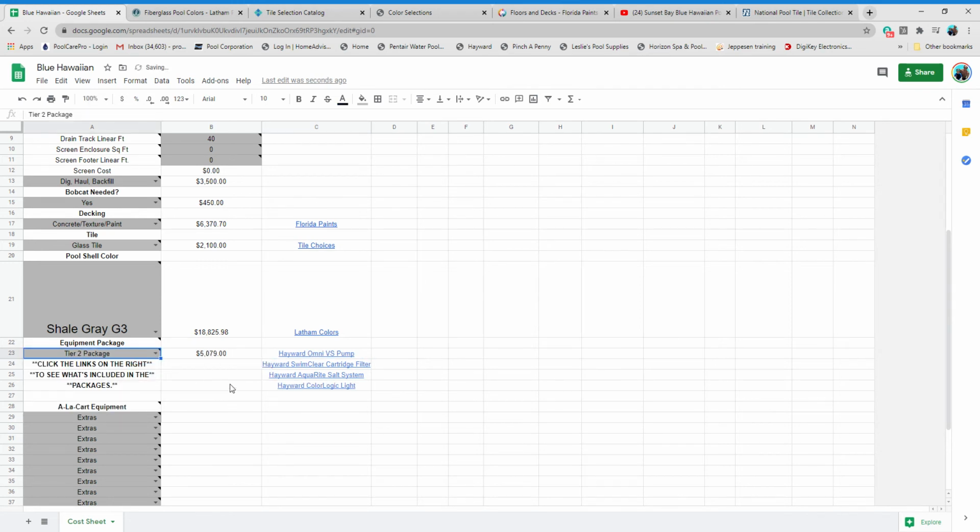This is our Tier 2 package. This has an Omni VS pump. And the Omni VS pump is a variable speed pump, which means that you can ramp it up and ramp it down. All of our packages have a variable speed pump, but this pump has the ability to control other things such as lights. And if you're going to have a spa, you're going to want to go with a Tier 2 package because it will also